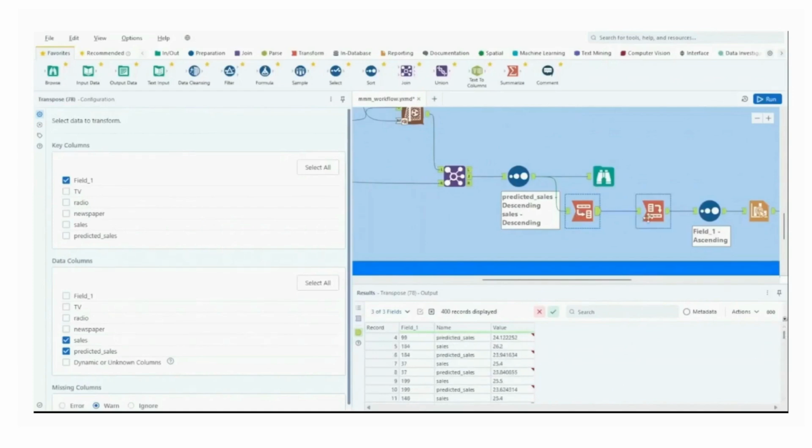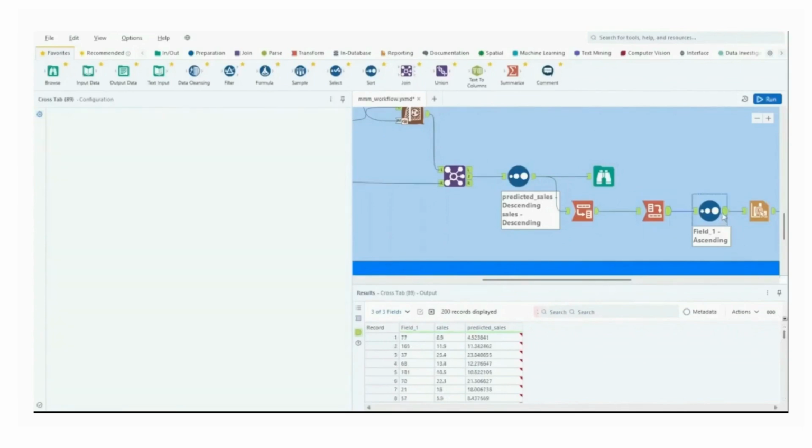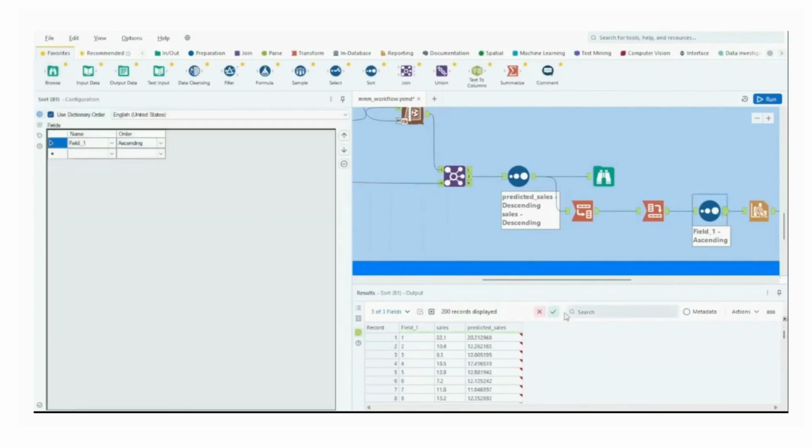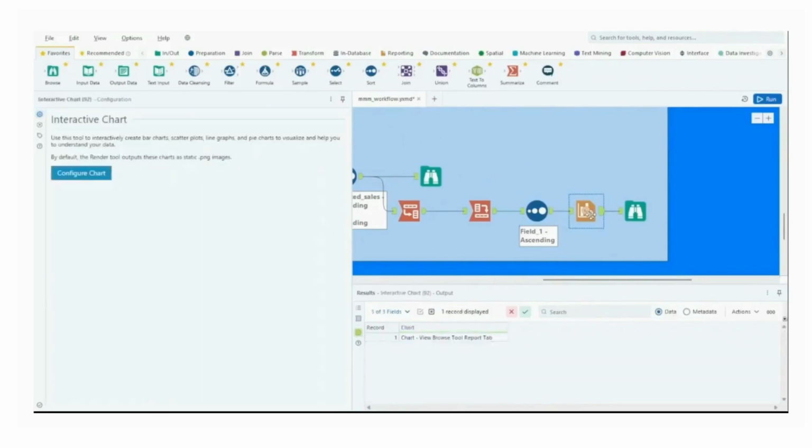To summarize and move the vertical data onto a horizontal axis, we'll use the Cross Tab tool. It helps us analyze the relationship between predicted and actual sales more effectively. Sorting the field 1 in ascending order using the Sort tool ensures a proper arrangement of our data for further analysis. To visually assess our model's performance and how it predicts sales based on marketing channel spend, we'll utilize the